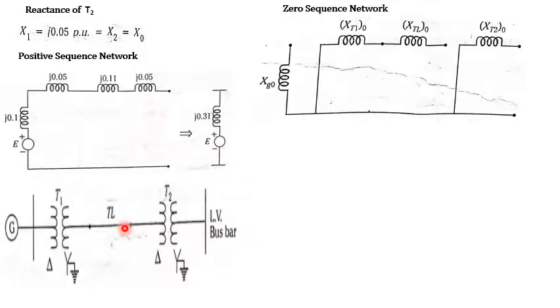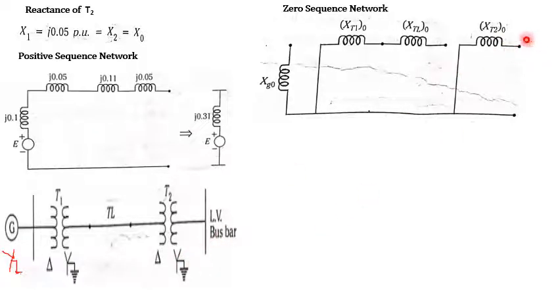For the zero sequence network, this is just open. The data is not complete, so consider that the generator side is star and grounded. For transformer T1, the primary side is delta, so it should be shunt connected, and the secondary is star, so we need to close this series switch. For transformer T2, the primary is delta and the secondary is star and grounded.